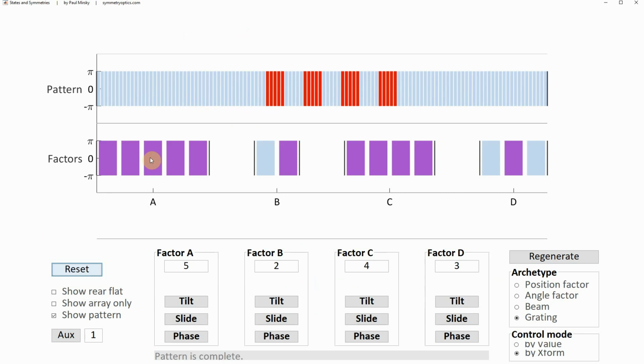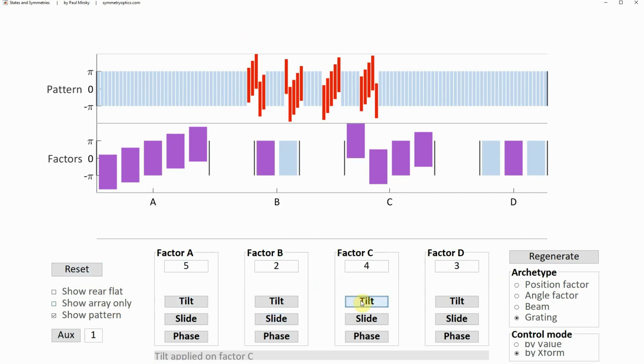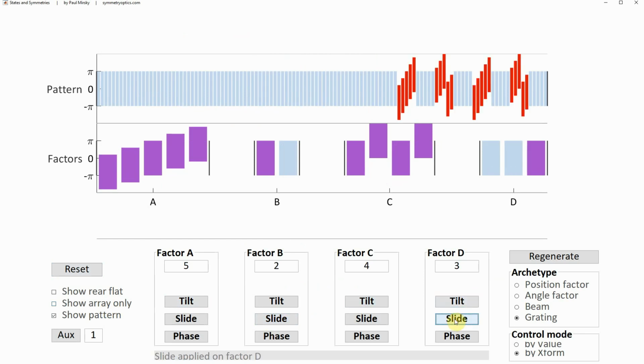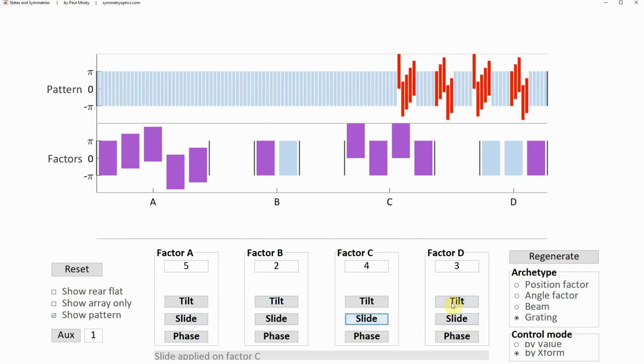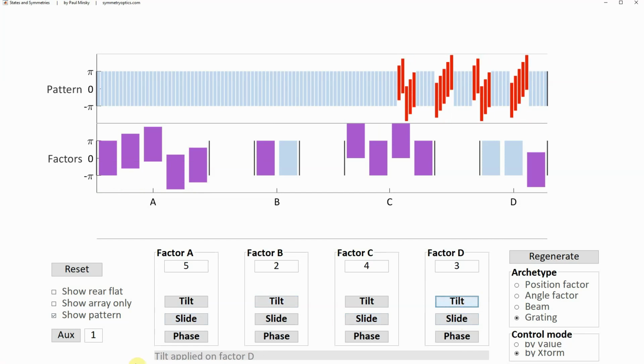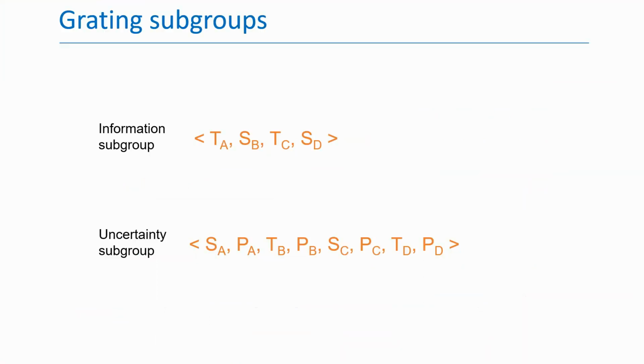A grating is composed of angle factor A, position factor B, angle factor C, and position factor D. There are 4 information transformations: tilt A, slide B, tilt C, and slide D. There are 8 uncertainty transformations: slide A, tilt B, slide C, and tilt D, plus phase A, phase B, phase C, and phase D. The information transformations generate this subgroup, and the uncertainty transformations generate this subgroup.